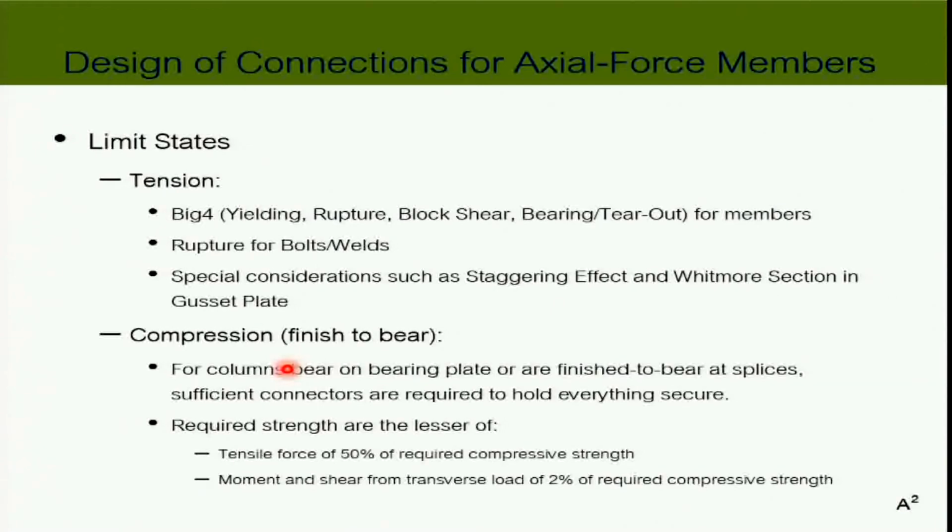So you may want to design a connection that can carry the force, but in tension, up to 50% of the compression that you have in the column. You take the compression force, reduce it by 50%, and design your connection as if the force was tension. Or